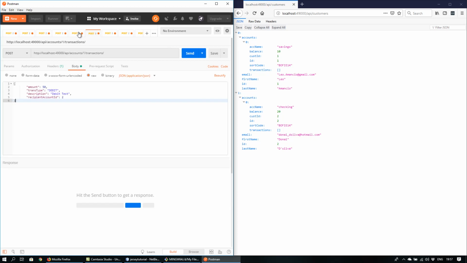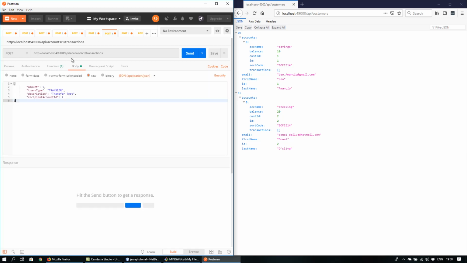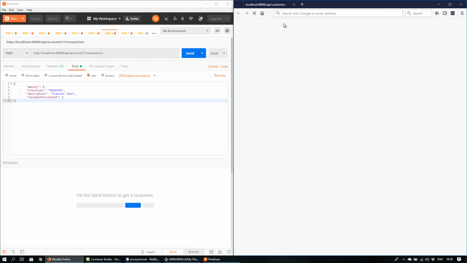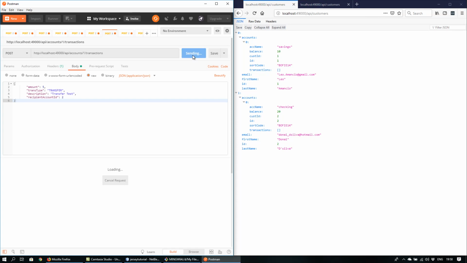And there are transactions which can be done as well. There's a debit and a credit, but first we'll do a transfer. So that's following another path outlined in the API documentation. So in this case, we'll be transferring from account 1, and then the destination account is actually set in the message body. So in this case, it'll be transferred to account 2. We'll just duplicate the window to see the before and after effects. So now when we transfer from the first account, an amount of 5 and the type is transfer,